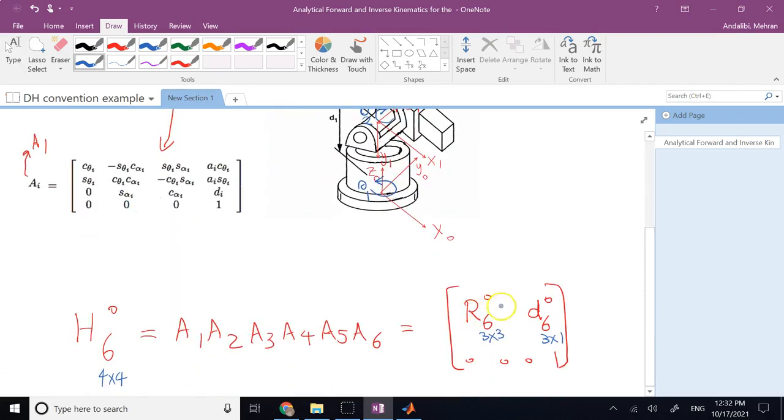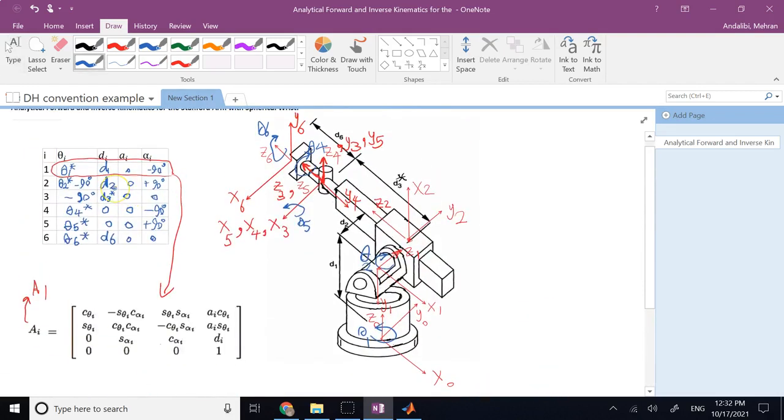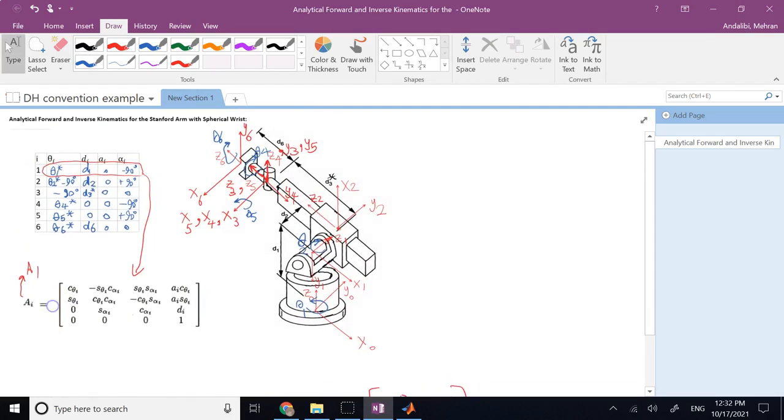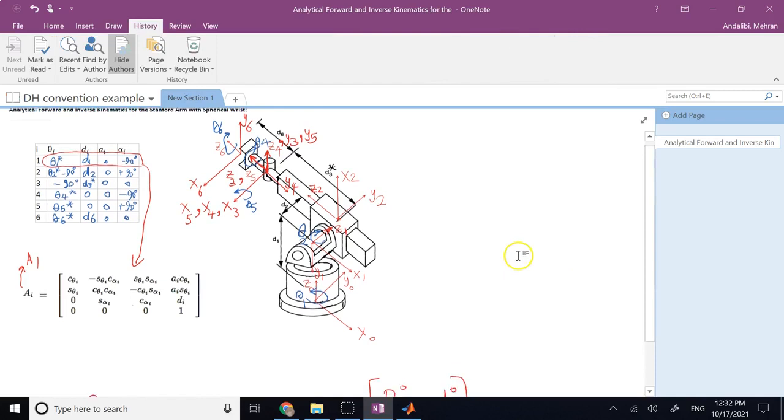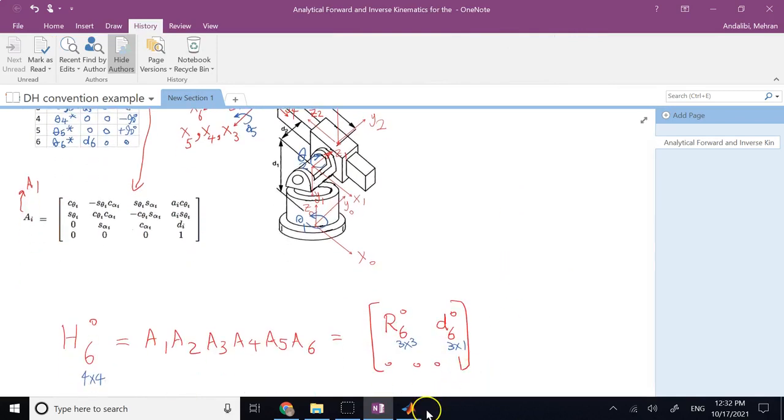Some of the entries here in R or D are a function of maybe all variables, some of them just some of the variables. But you can solve this basically symbolically. So if you want, you can just say, well, I consider everything here as a parameter: theta 1, theta 2, D3, theta 4, 5, 6, and then D1, D2, and D6. Right? And then get big formulas for the R and D of 6 and 0, which is exactly what I